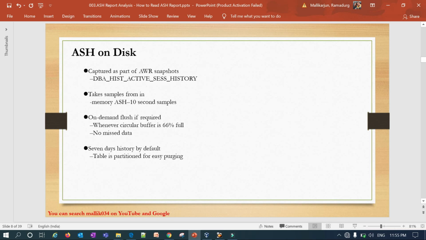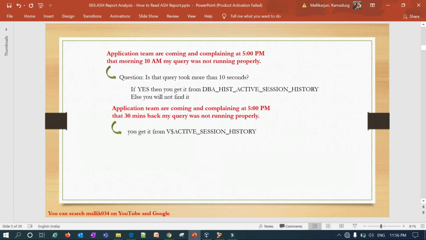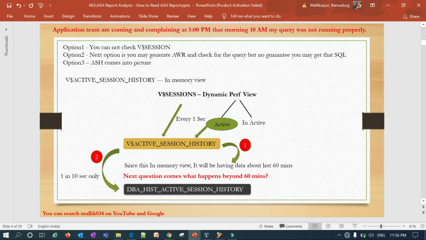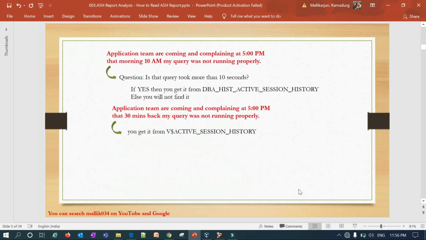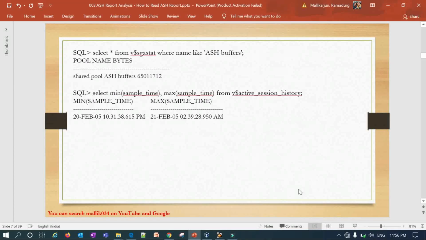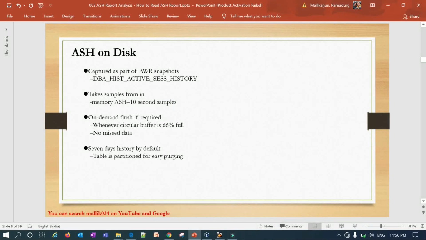ASH and disk is nothing but you are writing V$ACTIVE_SESSION_HISTORY to DBA_HIST_ACTIVE_SESS_HISTORY. So DBA_HIST_ACTIVE_SESS_HISTORY is nothing but you are writing from the in-memory view to your actual disk, your data disk, your physical disks. ASH and disk is captured as part of the AWR snapshot.